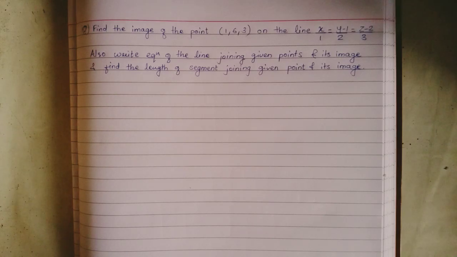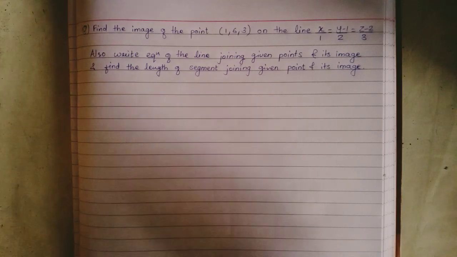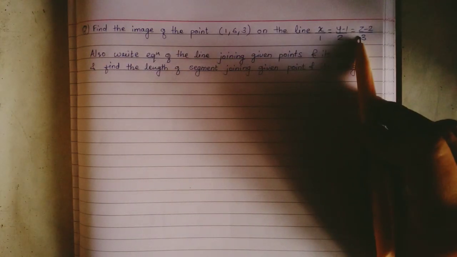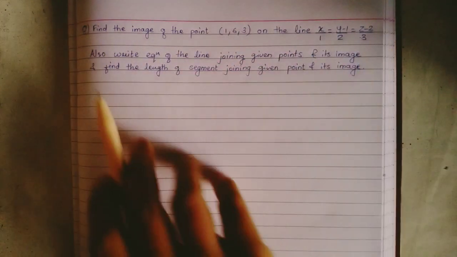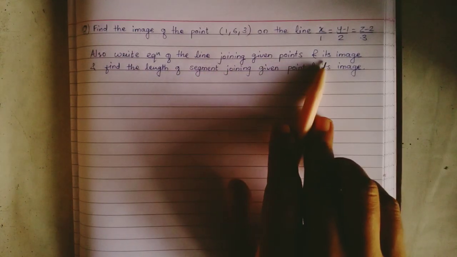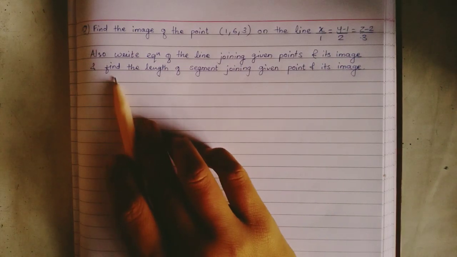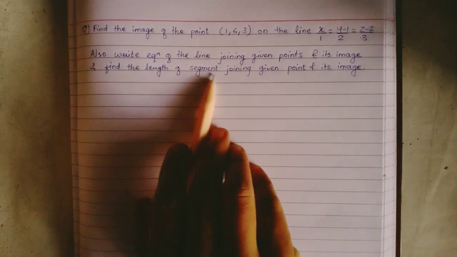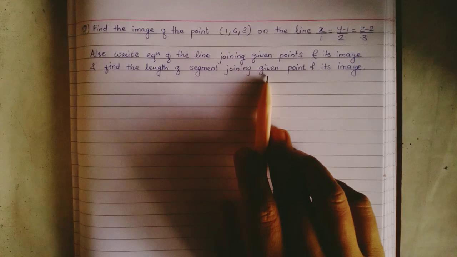Hello students. So today we are going to do some extra problems based upon 3D geometry. Now here the question is, find the image of the point (1, 6, 3) on the line. Equation of the line is given in Cartesian form. Also write the equation of the line joining the given point and its image, and find the length of the segment joining the given